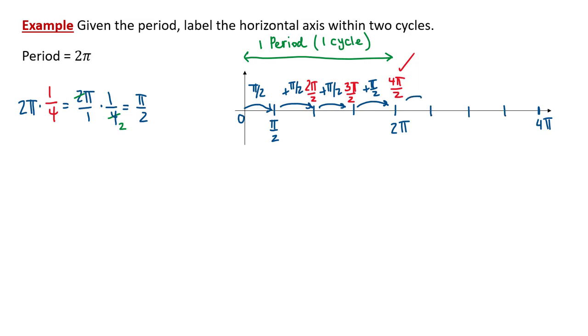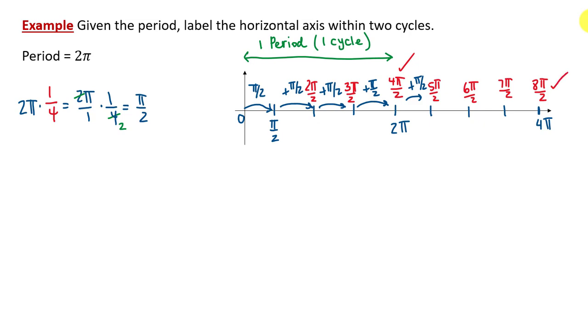And I keep adding, so plus pi over 2 and so on and so forth. We stopped at 4 pi over 2, so now I continue. It's going to be 5 pi over 2, then it's 6 pi over 2, 7 pi over 2, and 8 pi over 2. Again, I can see how 8 pi over 2 simplifies to 4 pi, so it confirms that